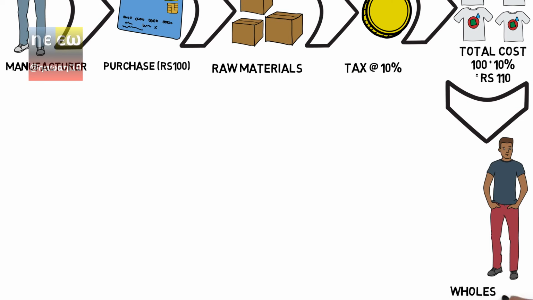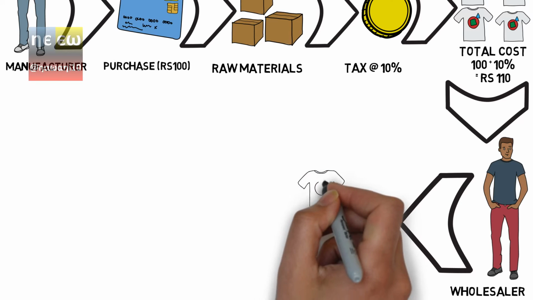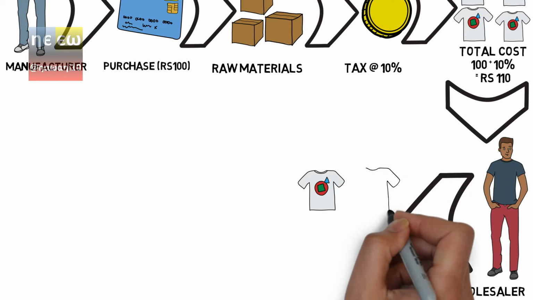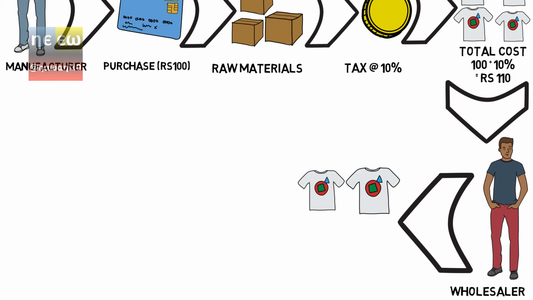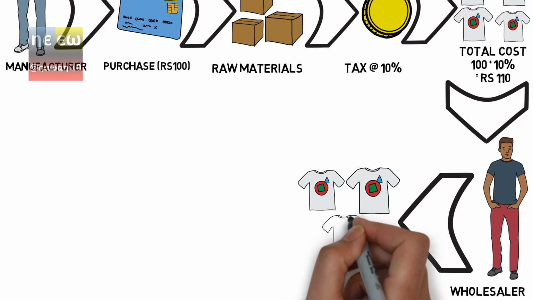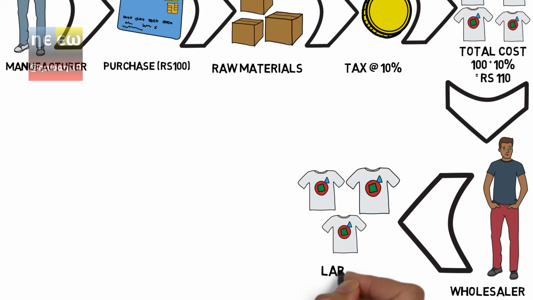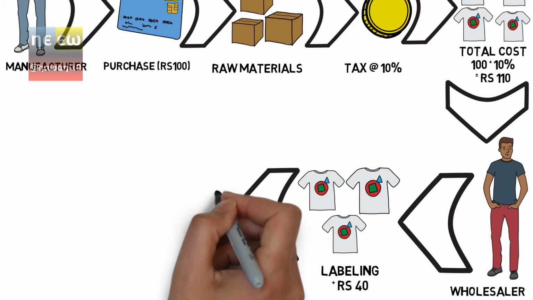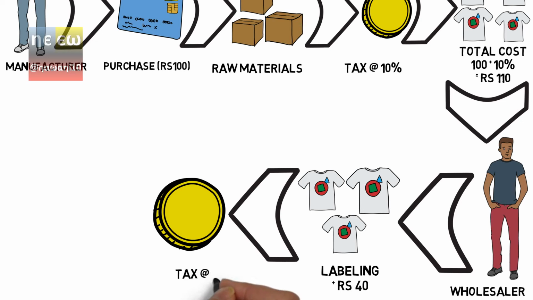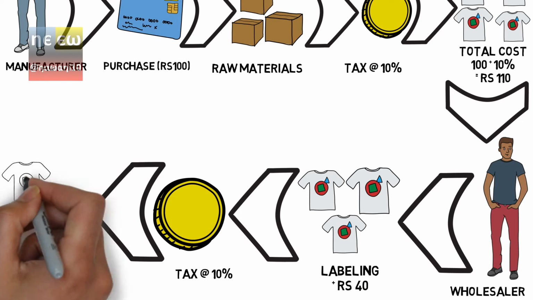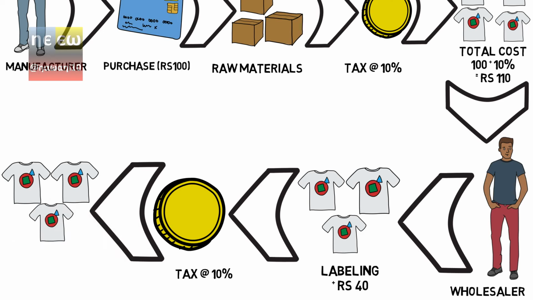At the next stage, the wholesaler buys the shirt from the manufacturer at ₹110 and adds labels to it. When he is adding labels, he is adding value. Therefore, his cost increases by say ₹40. On top of this, he has to pay a 10% tax, and the final cost therefore becomes ₹110 plus 40 equals 150 plus 10% tax equals